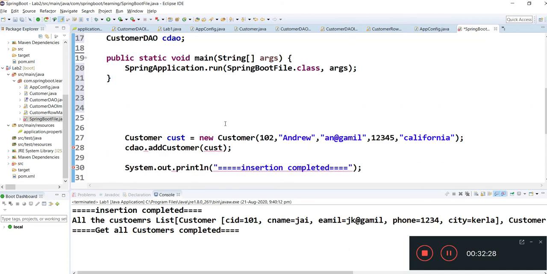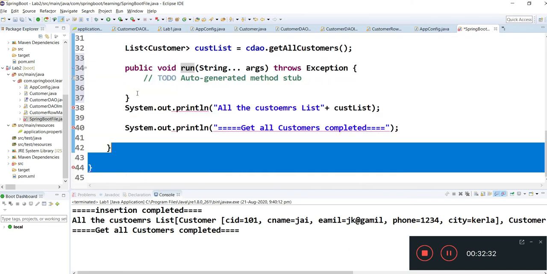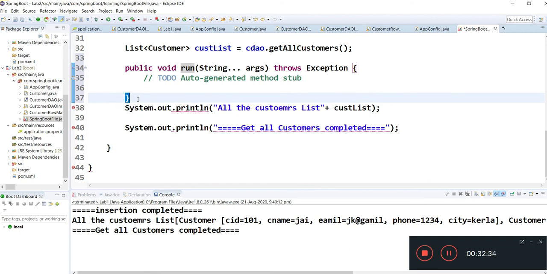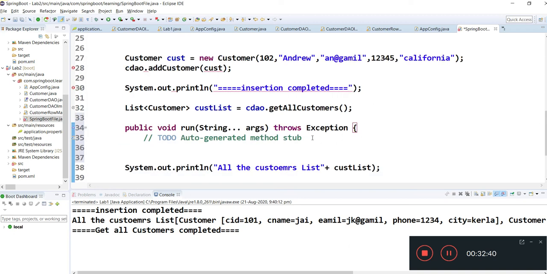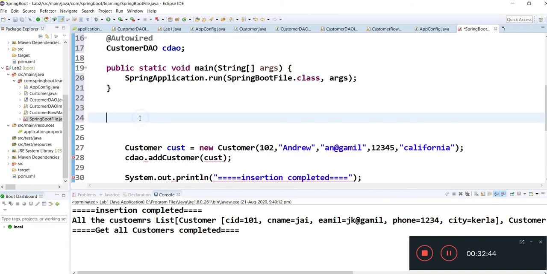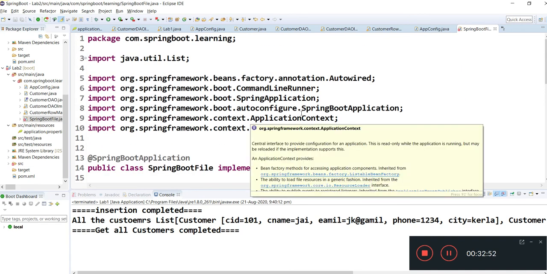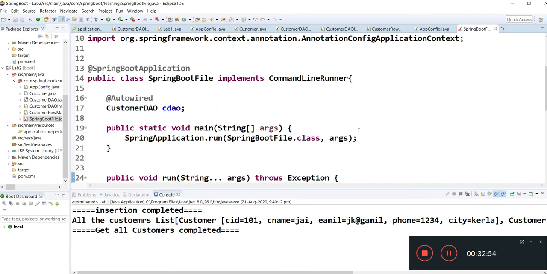You can see we got some implemented method. You can copy this code, and whatever code you want to execute, you can mention inside this Spring Boot run method. So your first Spring Boot application is ready.